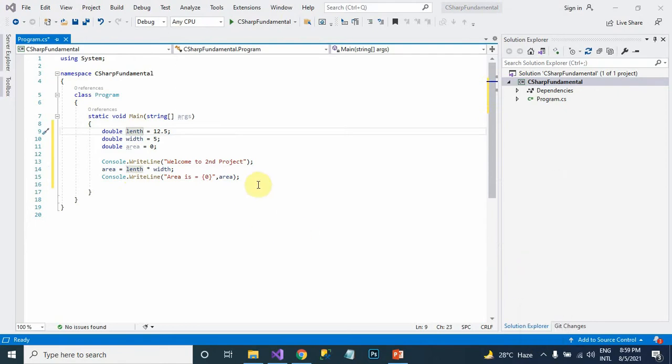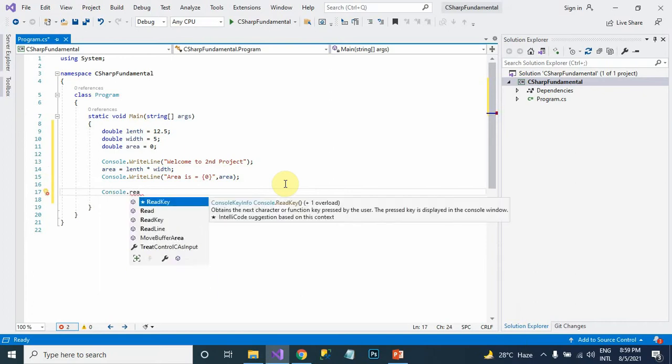So here just write Console dot ReadKey. You can read the definition here: obtain the next character or function key pressed by the user. The pressed key is displayed in the console window.